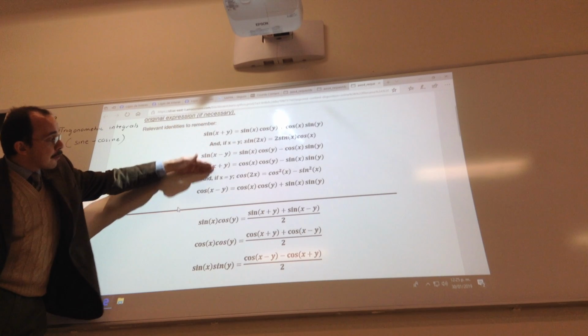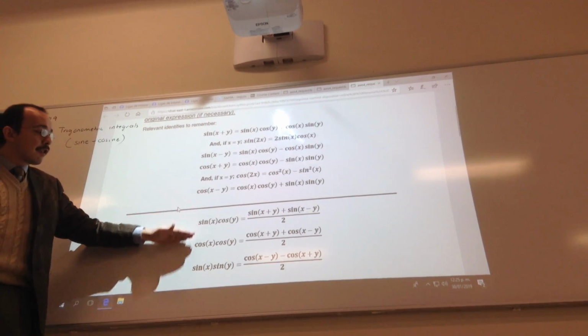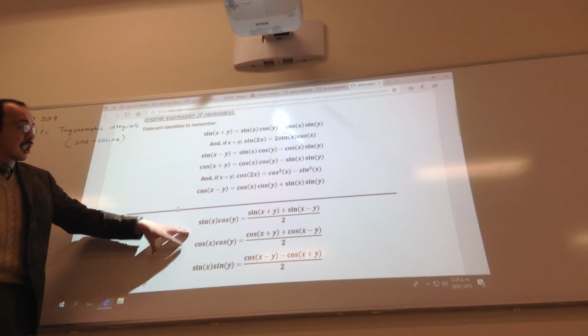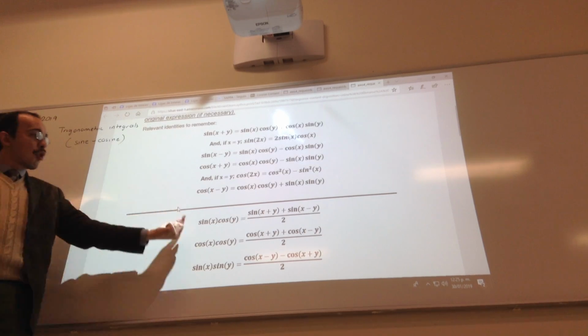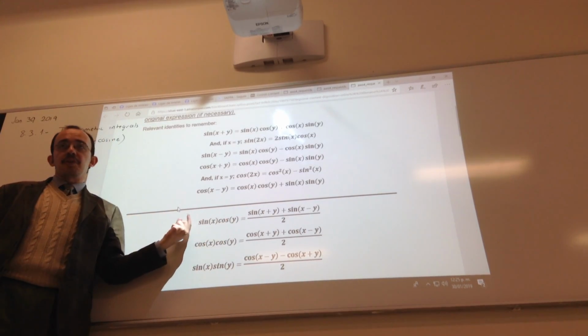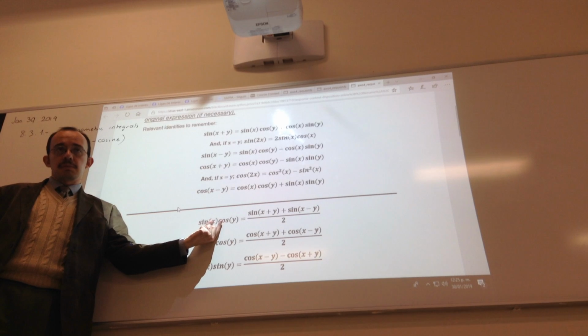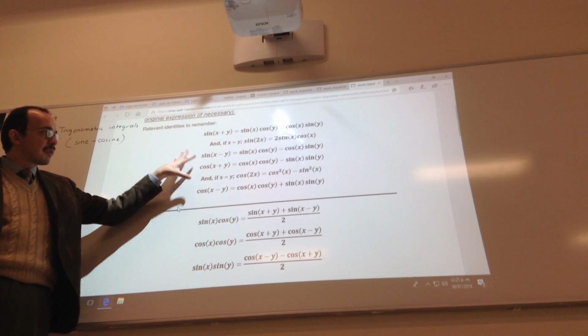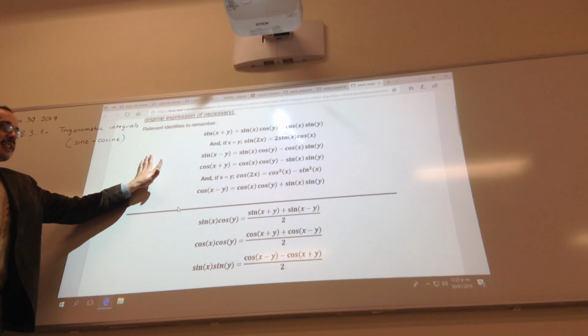And from these sum and difference formulas, we have other formulas which are gotten from these ones, which are the product formulas or product identities of sine and cosine. So these formulas come from this one. The good thing about this is that